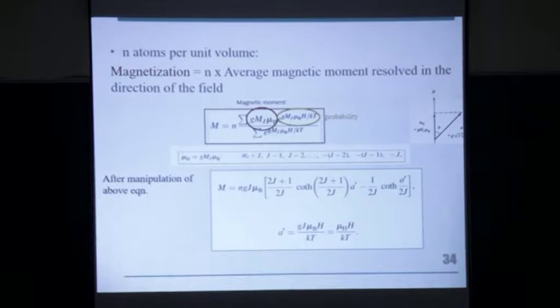So you see the same game is being played. Don't be confused by so many L, S and all these. These are all just ways, right? Eventually you are expressing M in terms of H and T, and you have succeeded in doing that. This time you are using some quantum numbers, that's all. So don't lose sight of the main goal. The main goal is to express M as a function of H and T. And following the same logic as we did for the classical case, we can arrive at this relationship.